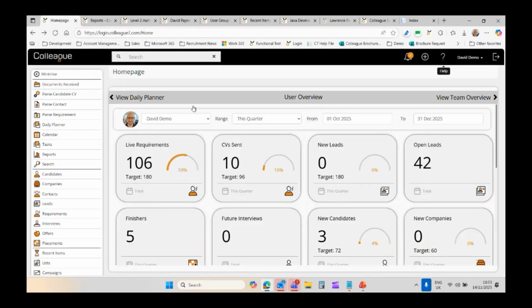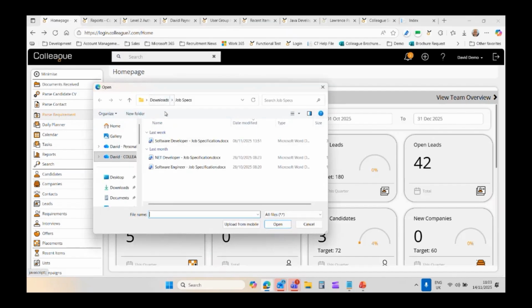So that's the functionality that was added to the left navigational menu. It's also added to the plus menu there. You've got the option of parse requirement, and this is obviously for that purpose. It's to parse a job specification in the same way that you would parse a candidate CV. You're parsing a job specification with a view to it then creating a requirement off the back of that. In the same way, you can drag and drop a job specification, or you could click on this option. It'll open up a dialog window for you to select a job spec, but I'm going to pick on that